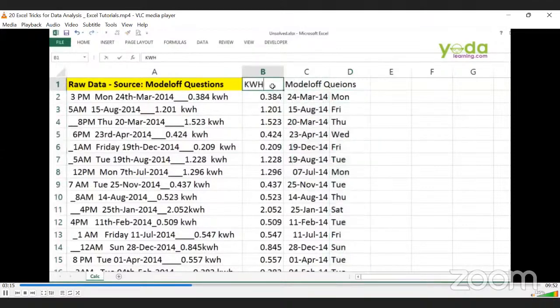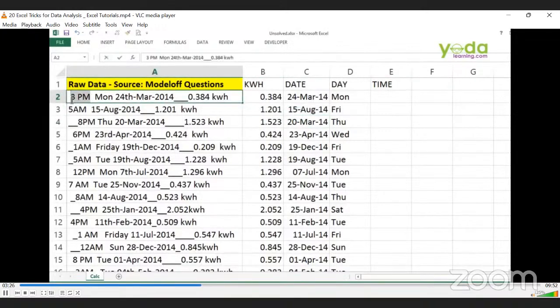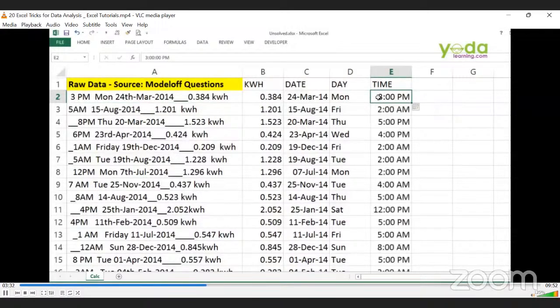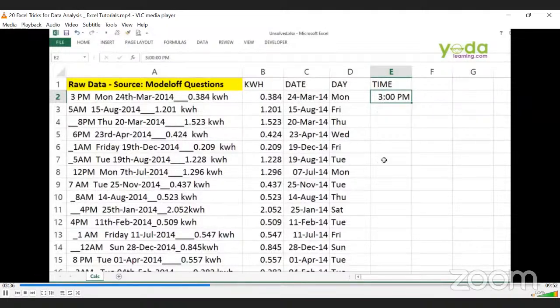So I've got kWh, I've got the date in place. Now if I want time, what next? I try picking 3 PM, copying that, pasting in the cell which is connected in the same row, and then pressing Ctrl E. However, this will not yield you correct results with respect to time. Reason? As you pasted 3 PM, its format got changed and became more elaborate. You can see in the function bar